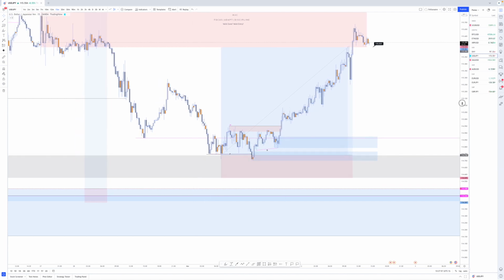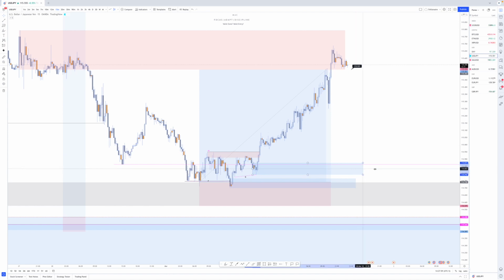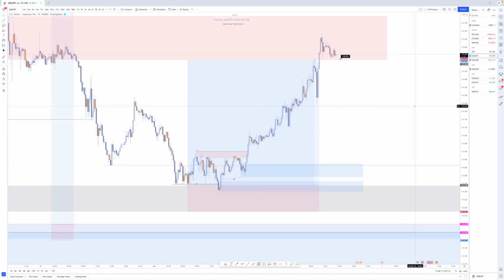Now, within this area, I'm also going to give you guys 2 trade opportunities: one you can look to possibly take buys from, and an area where you can possibly look to take sells from. We talked about this earlier this week, but we actually didn't talk about the buy position. So I'm going to give you guys some free sauce on this video so you can make some money right along with me, and come join the Telegram community.